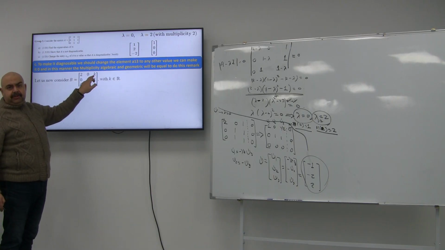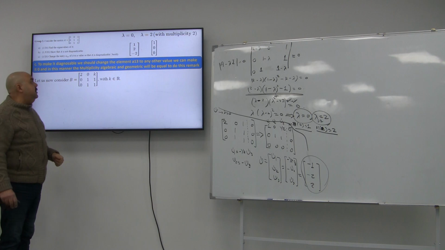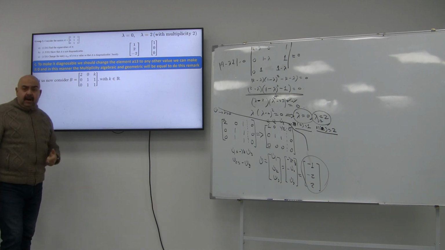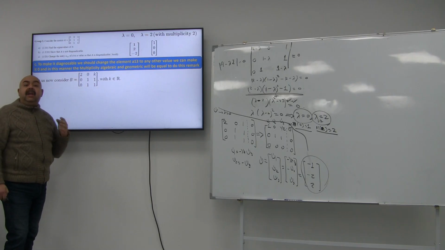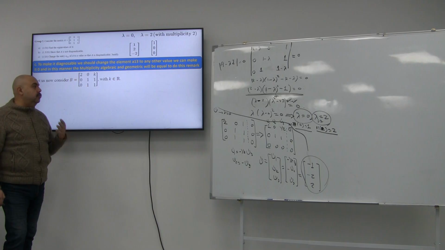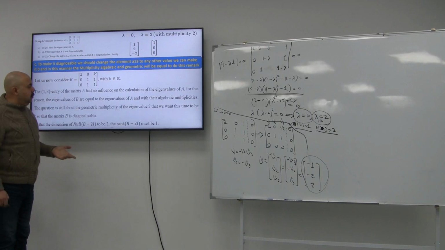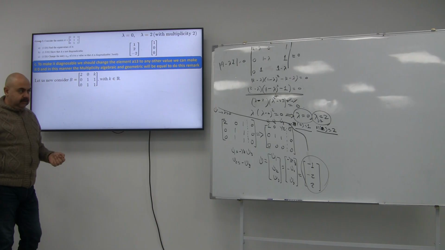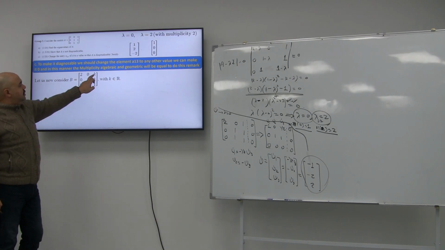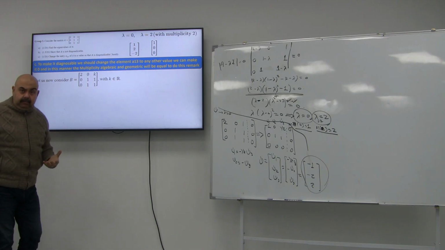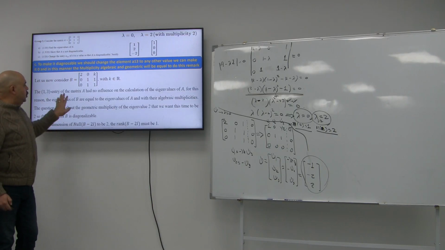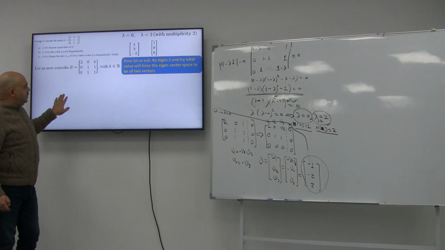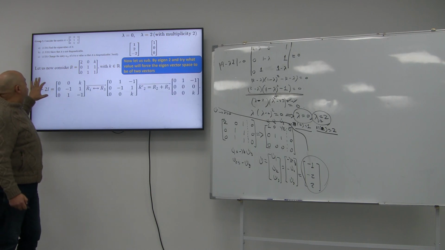So I'm going to denote it by k, as in the solution you have in the PDF. But there is a remark here. Changing this value is not going to affect the values of the eigenvalues. They will stay the same: lambda equal to 0 and lambda equal to 2 with the same algebraic multiplicity. But I will need to choose this value wisely in order to have a geometric multiplicity equal to the algebraic multiplicity. So all I have to do is to start once more from the system